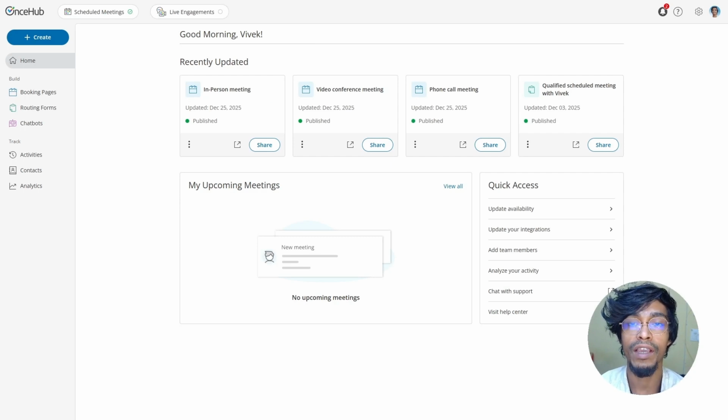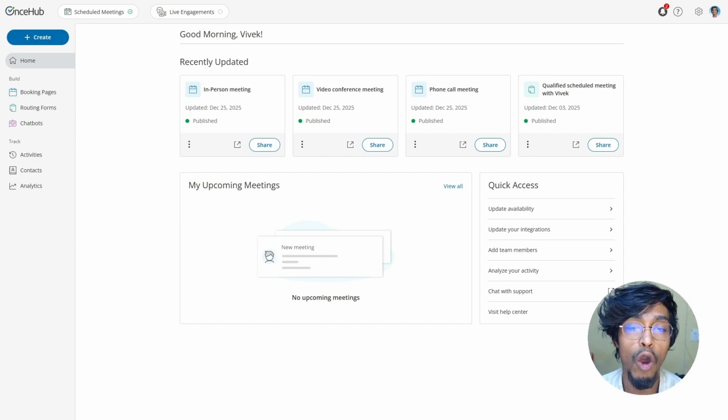My name is Vivek and today I'll show you how to use the Localization Editor with booking pages. The Localization Editor allows you to localize the scheduling experience for your customers. For example, if you have clients or leads who are from non-English speaking regions, you could change the text for the customer-facing user interface so that the text is shown in that particular language that the leads and clients can